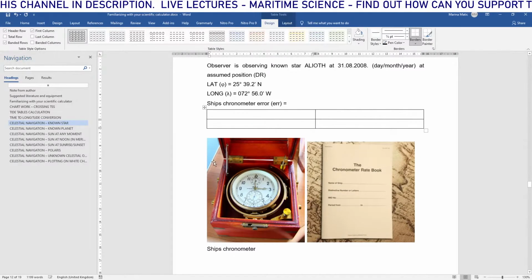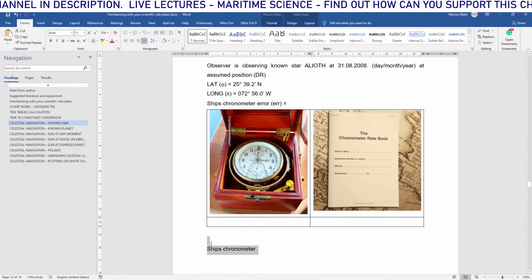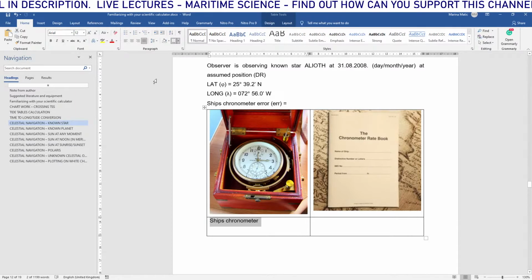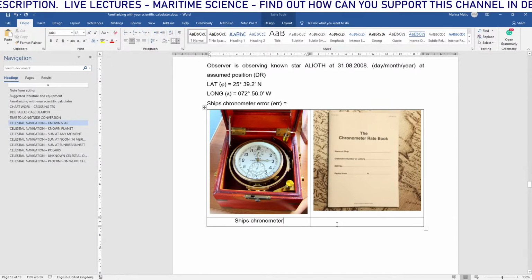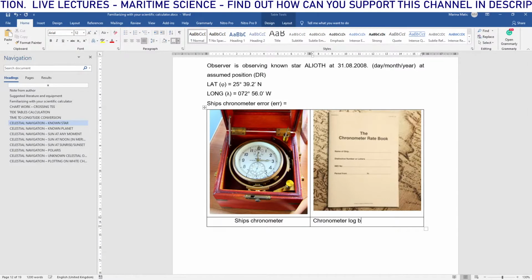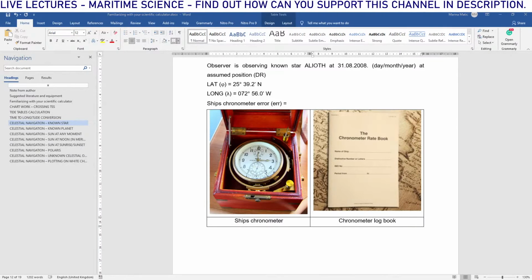Let's put you here. Ship's chronometer is going to go here in the center. And this is the chronometer logbook. So what you actually do as a seafarer is that,